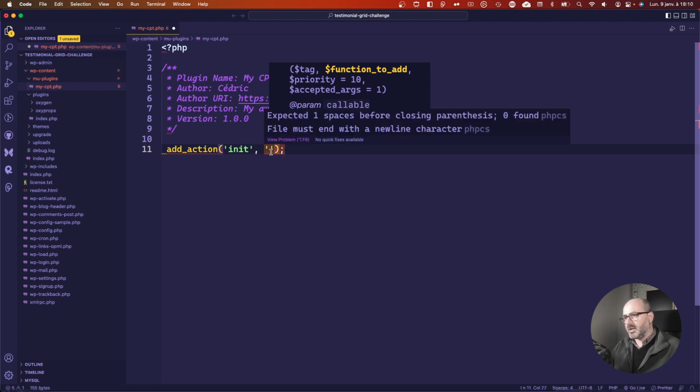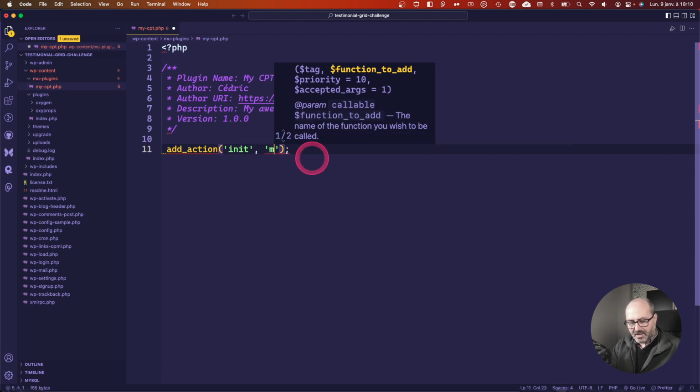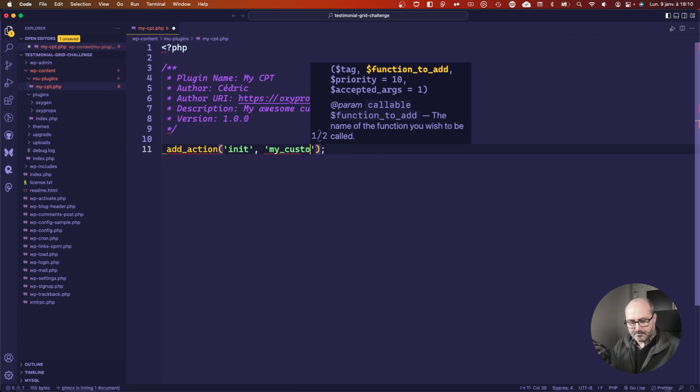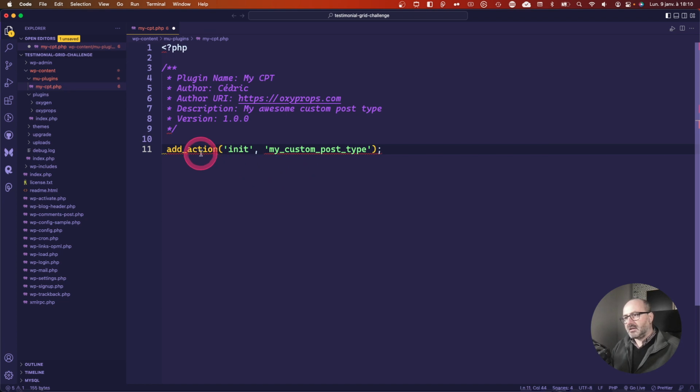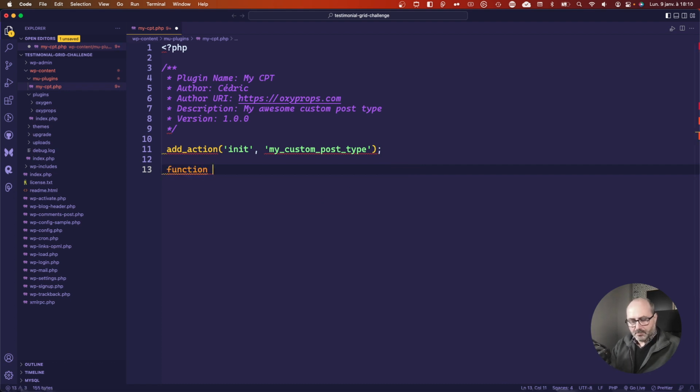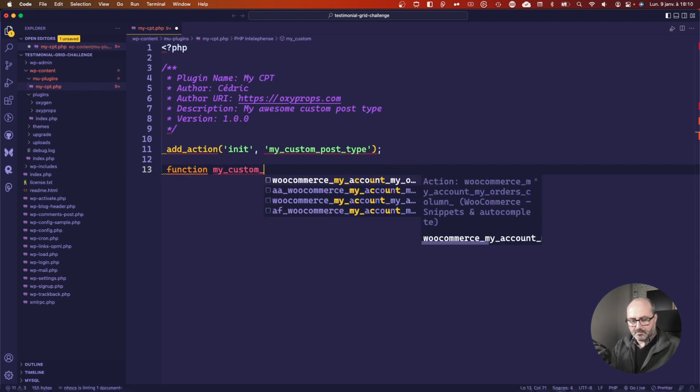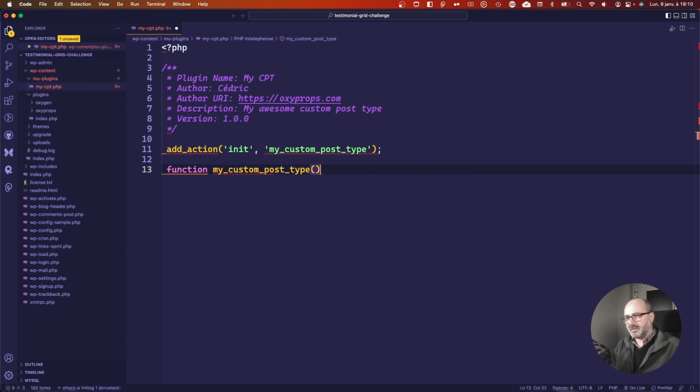And here we have to make up a name. So let's name it my_custom_post_type. Okay, so we are telling WordPress to execute my_custom_post_type function at the init hook, but for now it has no idea what this function is. So let's create this function. So we create a function, my_custom_post_type, parentheses,